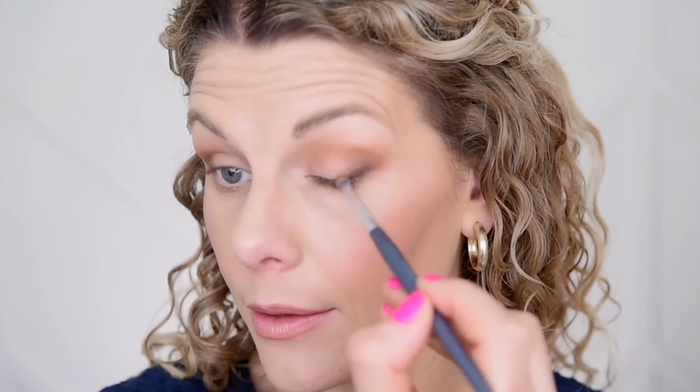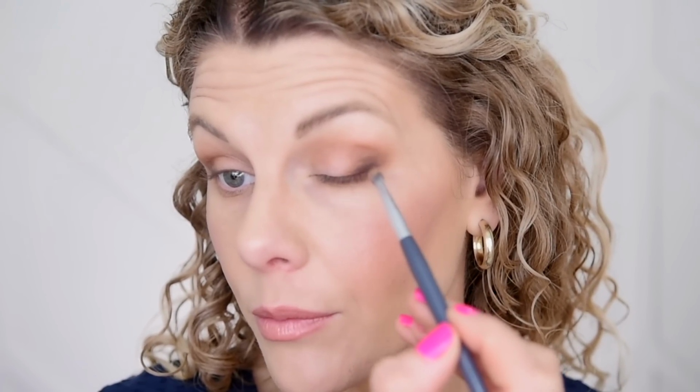There we go. Beautiful. I expected I would really enjoy this palette. There's a difference between a palette that I really love and use, but I also recognize that we live in a time where the makeup industry is so saturated with so much great makeup, which is a great thing, but it also makes me very reluctant to recommend a product as if you need to run out and buy this immediately because it's gonna change your life. I know there are products out there that really are life-changing or innovative, that we haven't seen before. I feel like a lot of people, including myself, are starting to feel a little bit of makeup burnout,